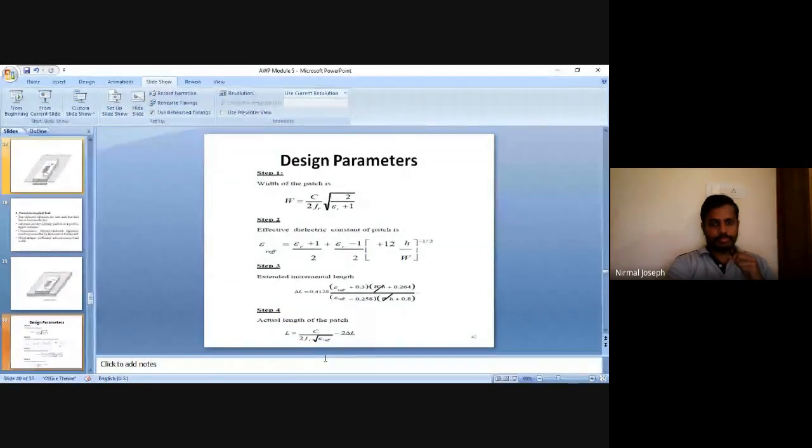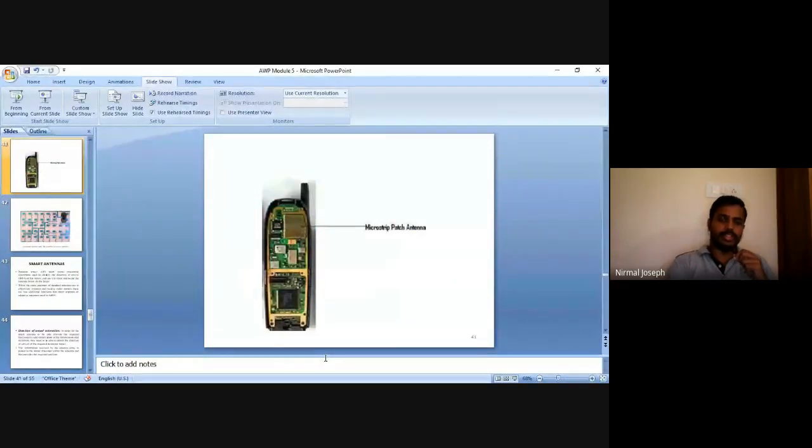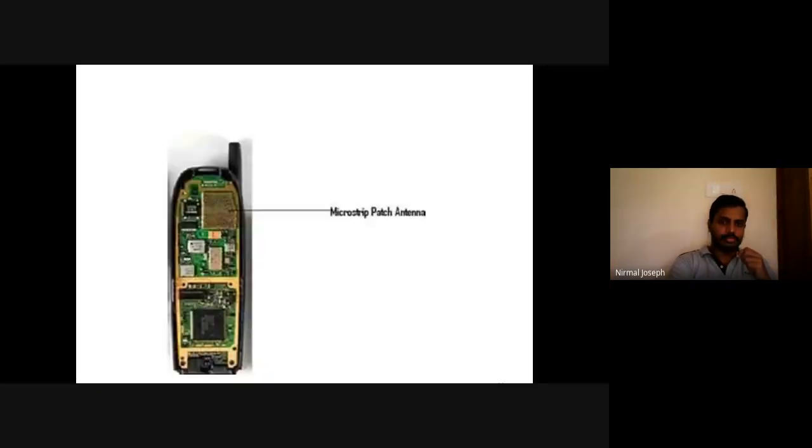Now I will just show you one microstrip antenna. Like I told you yesterday, this is the most commonly used thing. So this is just an example of a microstrip patch antenna, in an old Nokia handset, I think, or Reliance, I don't know. In that, a microstrip patch antenna is there, and it was having, see,